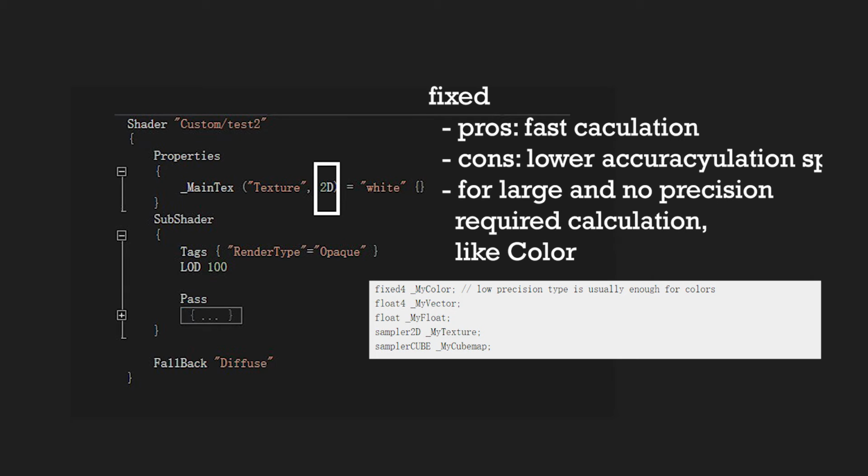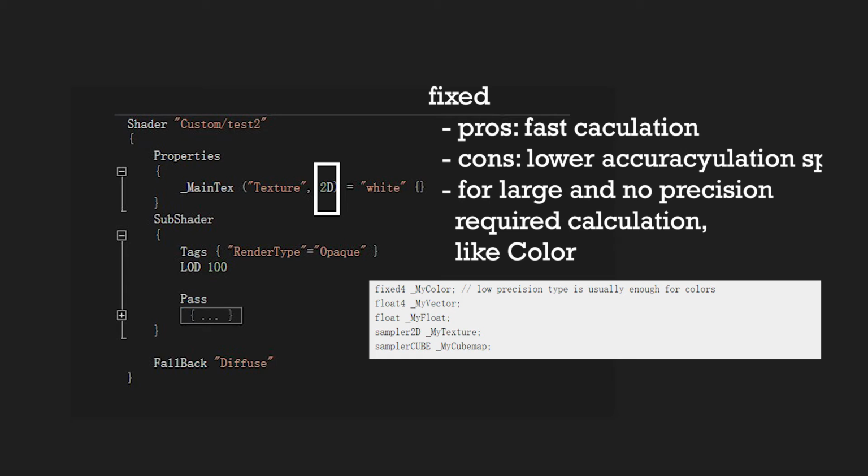Although the calculation results of fixed point numbers are not accurate, their calculation speed is much faster than floating point numbers. For the data we usually calculate in our programming, their number is not large, and the accuracy of the result should be relatively high. So we generally use floating point numbers.